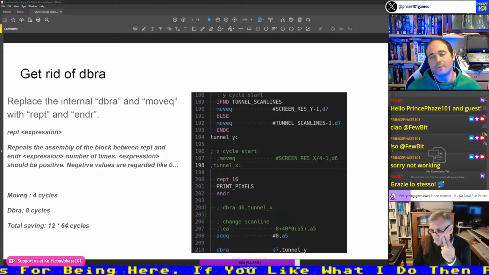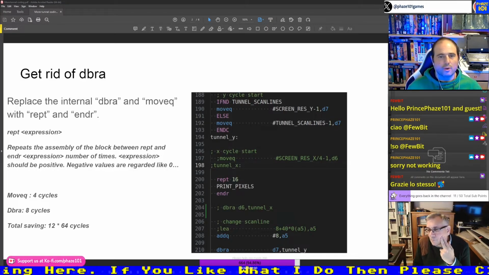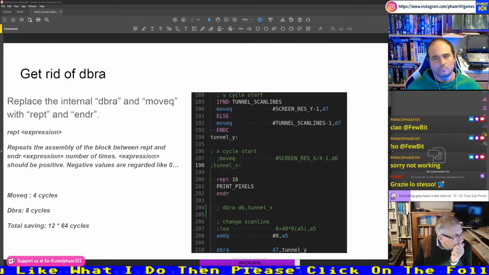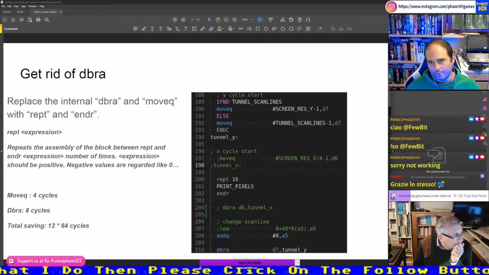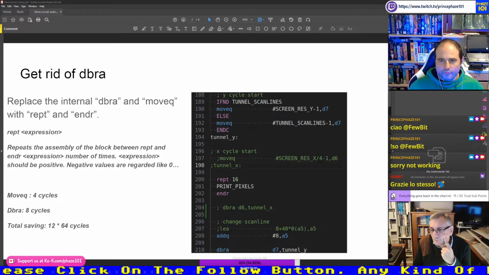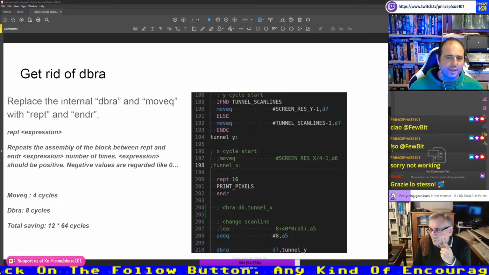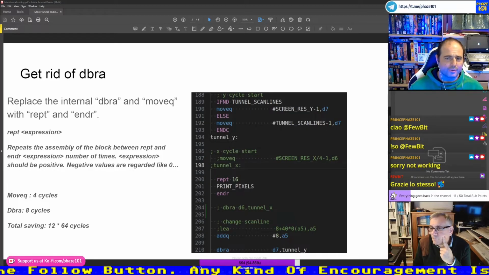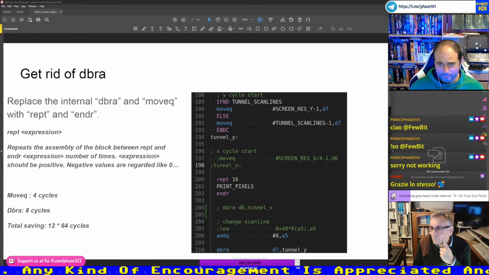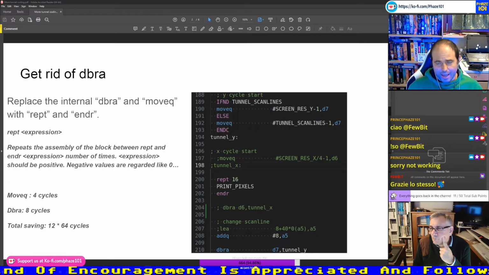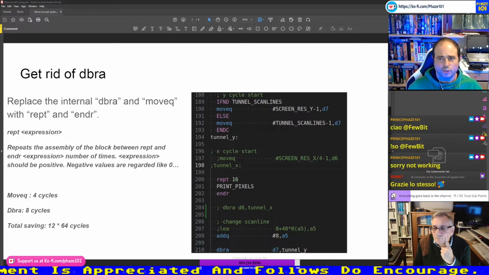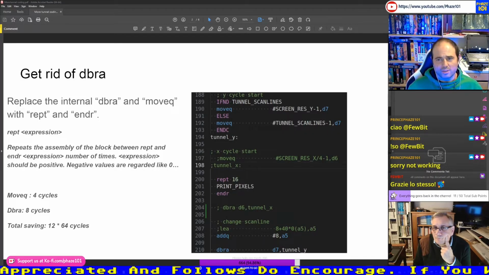So it's a for loop nested inside a for loop, because I want to iterate for each Y and each X, which is pretty common when you draw something on the demo scene. But if you think about it, there is something that you need to do before iterating. You have to set the number of iterations inside the data register, and each time you want to iterate, there is this DBRA instruction, which takes 8 cycles.